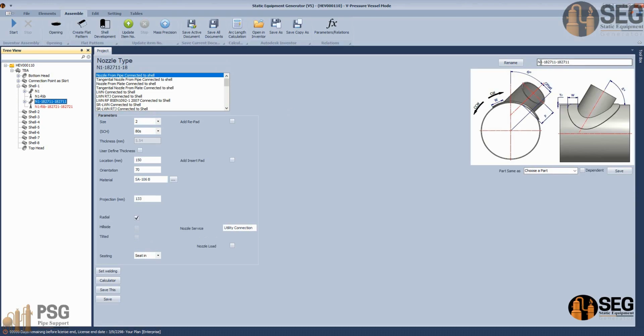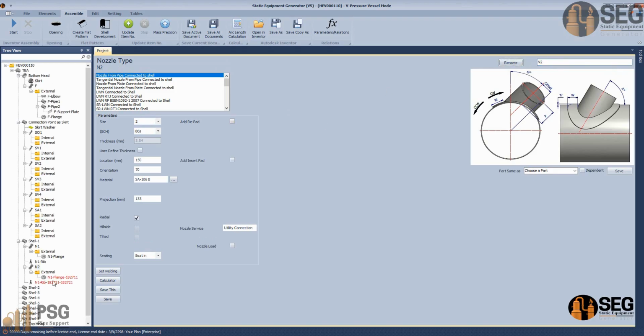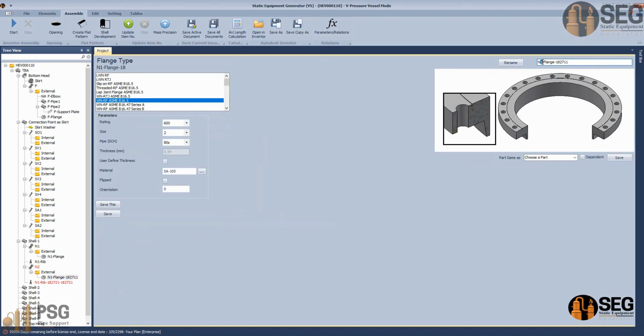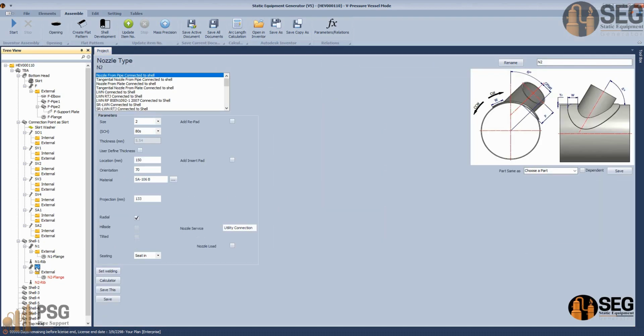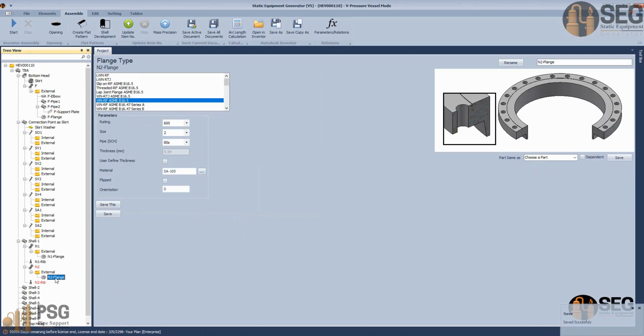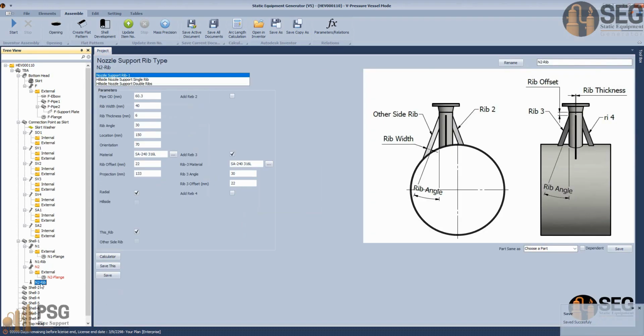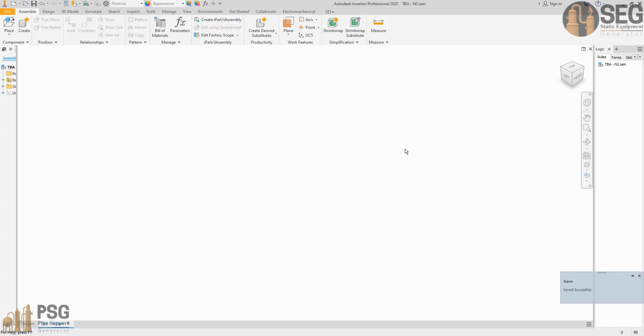From here it's N2 and click on rename, and from here N2 flange and click rename, and from here it's N2 rib and click on rename. Now let's change the content. So the orientation of this nozzle is 200 degrees, and the same for the flange will be keep it as it is, but for the rib we will change the orientation and give it the same orientation of the nozzle, and click on start assembly to start creating nozzle